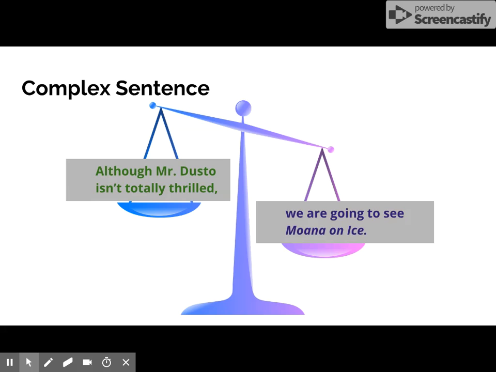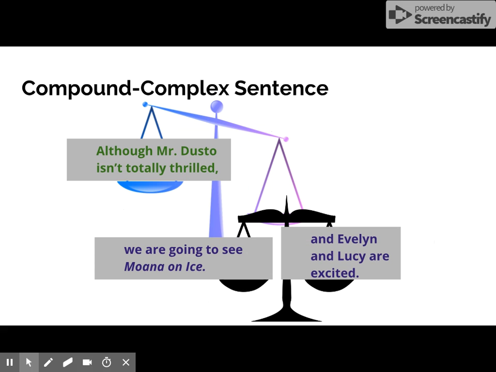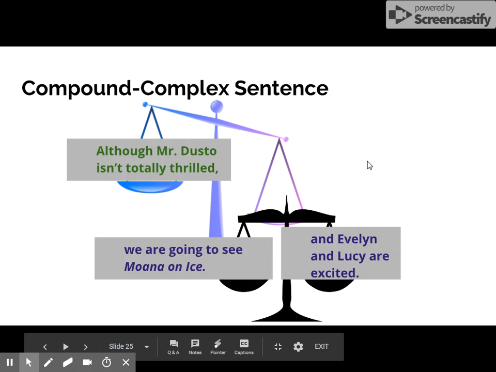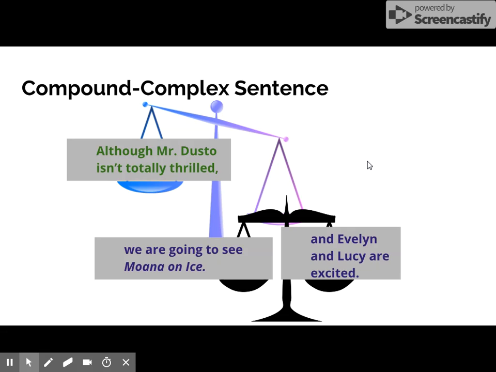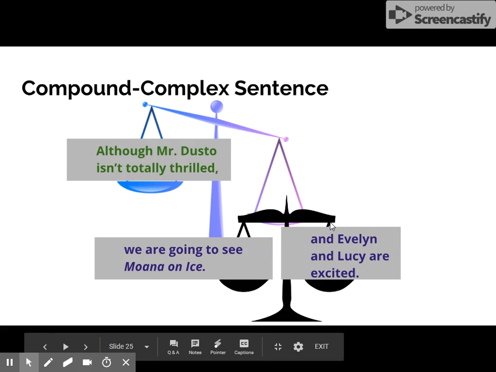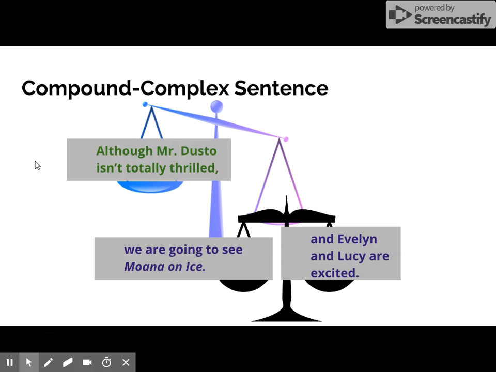So now in this sentence, I'm actually combining the compound and the complex structures. So it sort of looks like this. The heart of my sentence is in that compound section where I've got my independent clauses. We are going to see Moana on ice and Evelyn and Lucy are excited. Because they're both independent clauses, they have equal weight, which is why there's a balanced scale down here. But this balanced scale is part of a larger scale where, again, we have this dependent clause up here that's